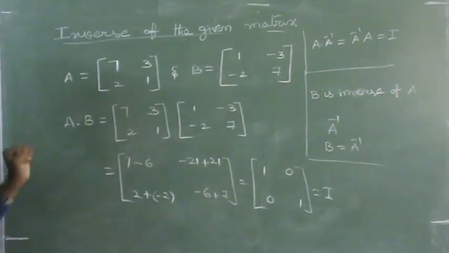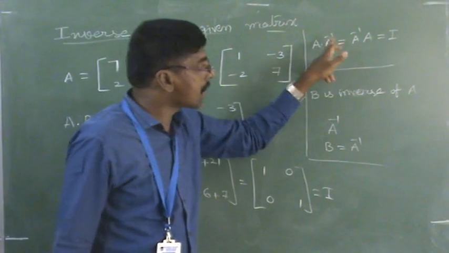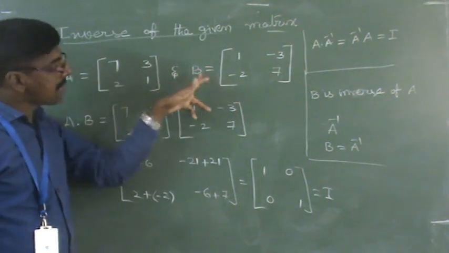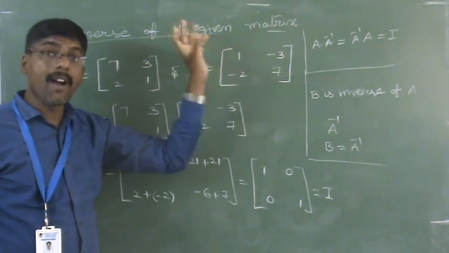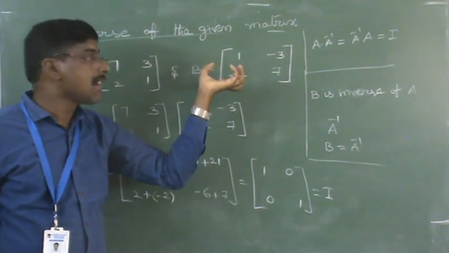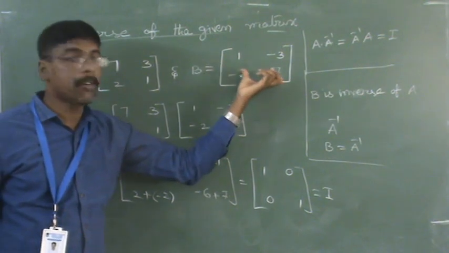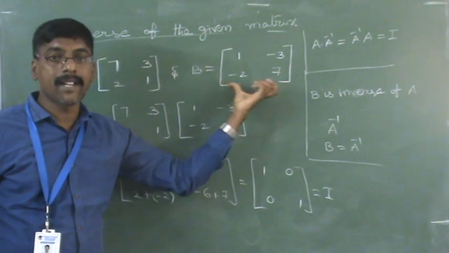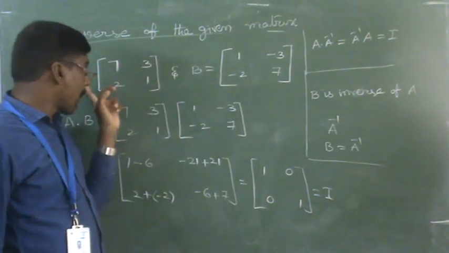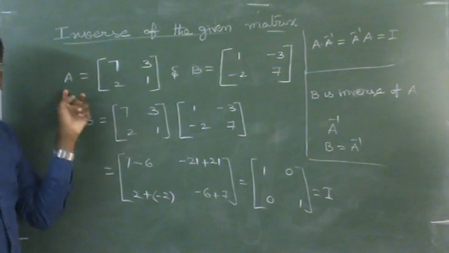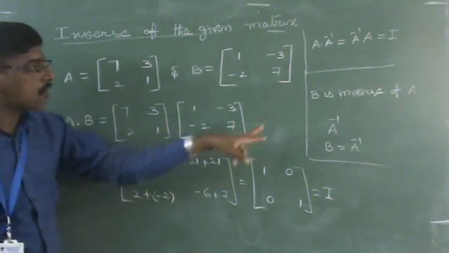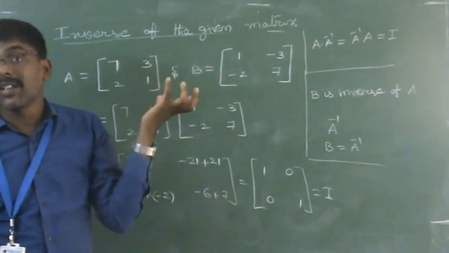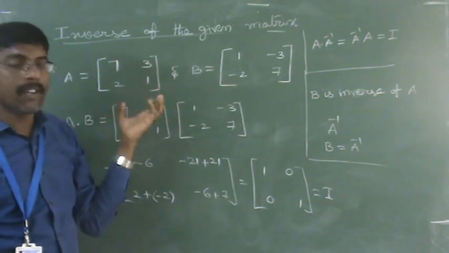But our topic is how to find this inverse of the given matrix. I wrote it easily, saying this is matrix A and this is matrix B, but how do we find the inverse for all matrices? The inverse means the product of A and one more matrix should come as a unit matrix. But for all matrices, how do we find the inverse?